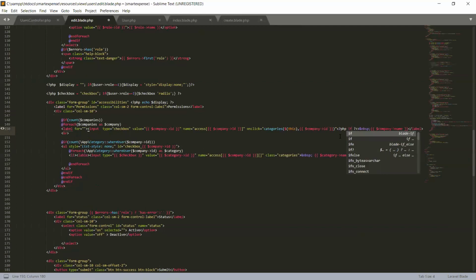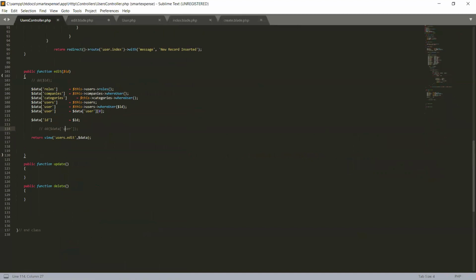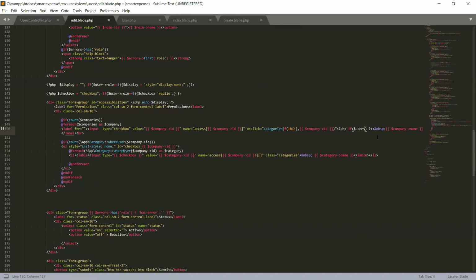So if user exists, if user, this variable that we are accessing now, all the users from our user model. So in here we are saying if user, we create a function exists, and we will pass parameter id,